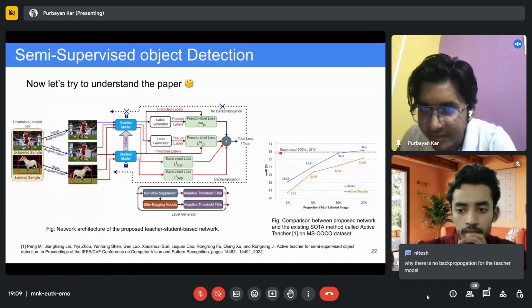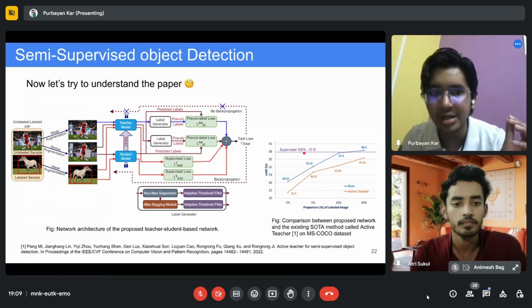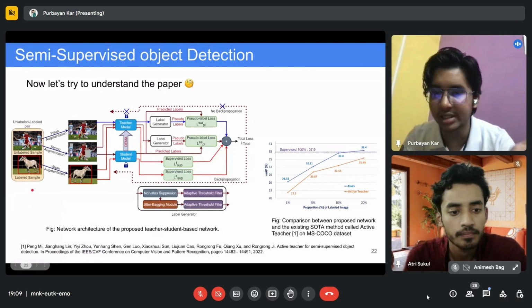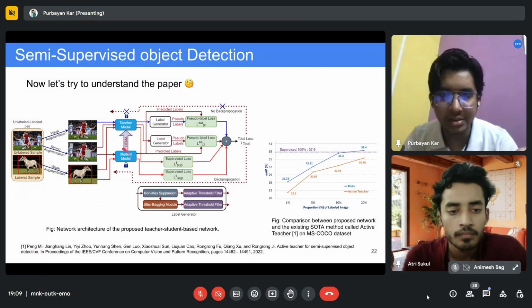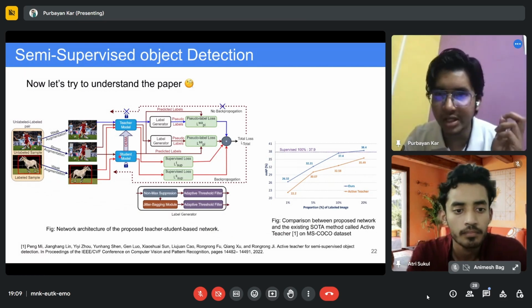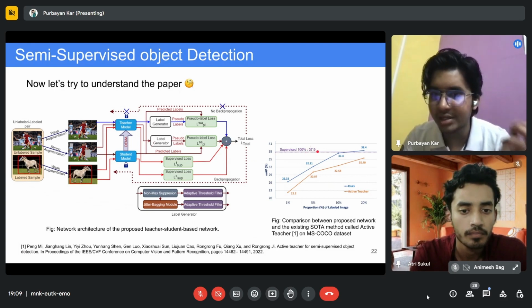So if you see, if we have supervised data, I mean we have all the data inside the dataset. By the way, this dataset is the MS COCO dataset. It is Microsoft's dataset for object detection. So if we train this model only with 100% supervised data, not with this framework, we get 37.9 MAP.